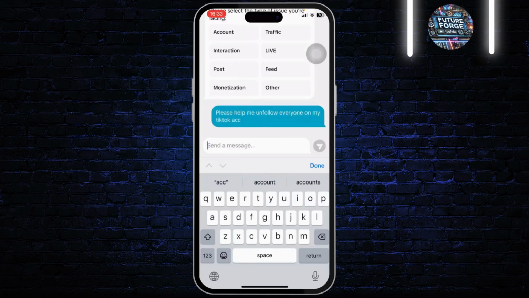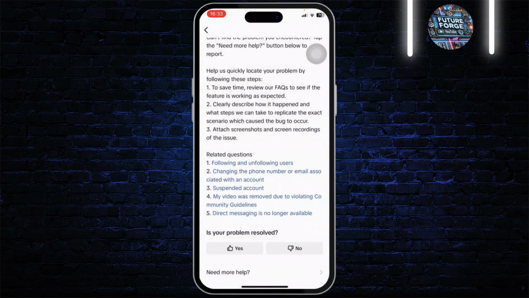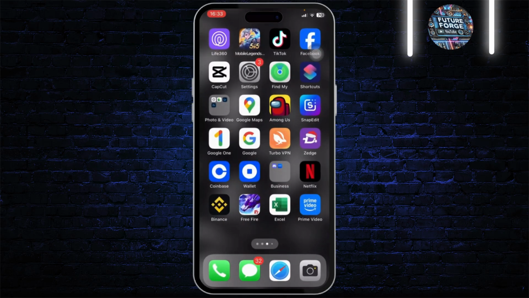After you do this, simply tap on send and they will just reply back to you after a few hours or few days. It might take some time, but they will help you do it. And yeah, that is how you fix the